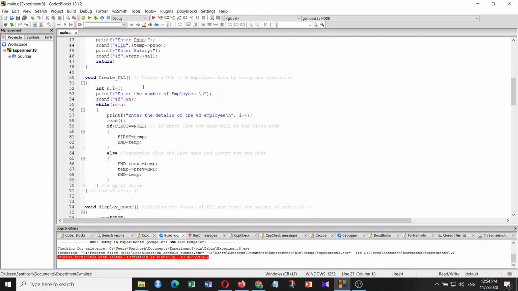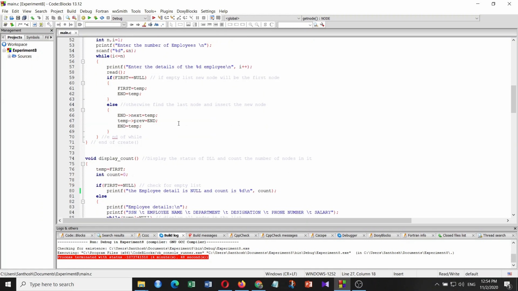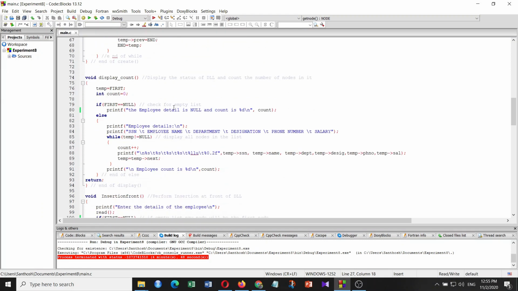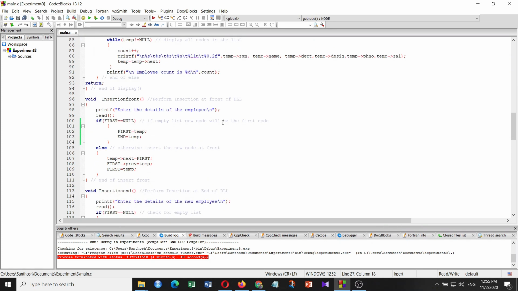The createDLL function is responsible for creating n employees, reading their details and inserting the newly created nodes at the end of the doubly linked list as per the question. The display count function is responsible for displaying the details of each node, that is employee details, along with the number of employees in the list.